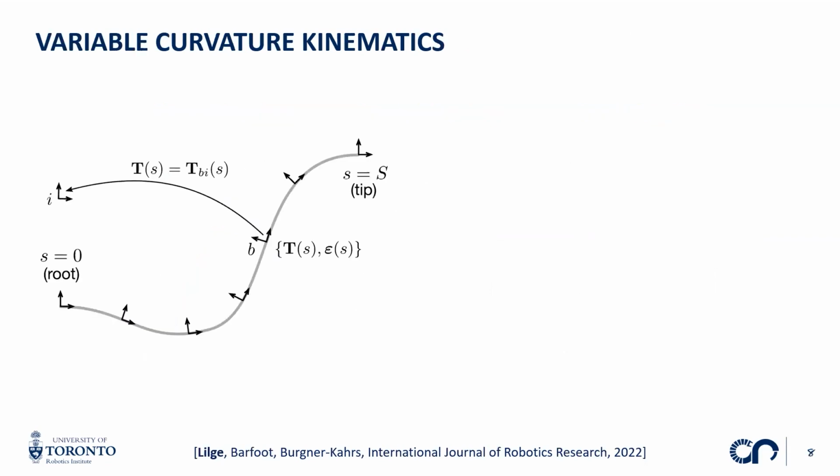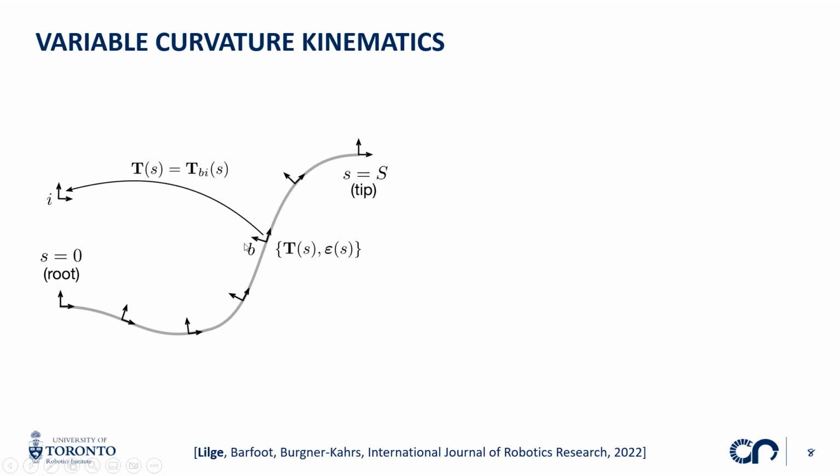So the variable curvature kinematics can be explained using the sketch here on the left. We see the center line of a continuum robot that is parameterized by its arc length s. The center line goes from S0 to the overall length, capital S. And then for every point along this arc length s, I can define a body frame, and then I can